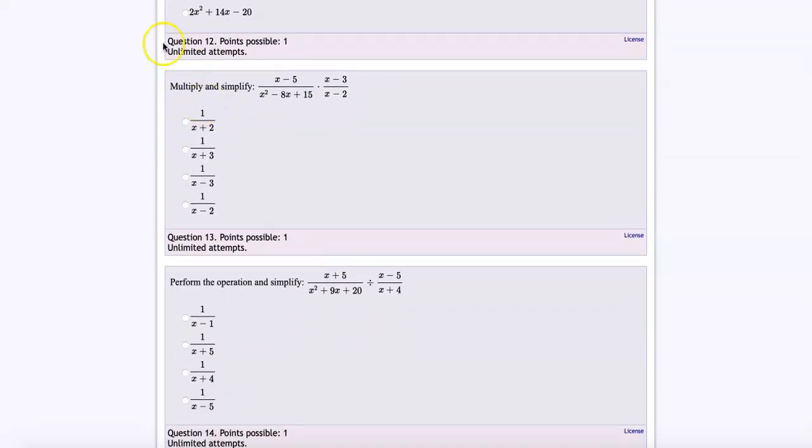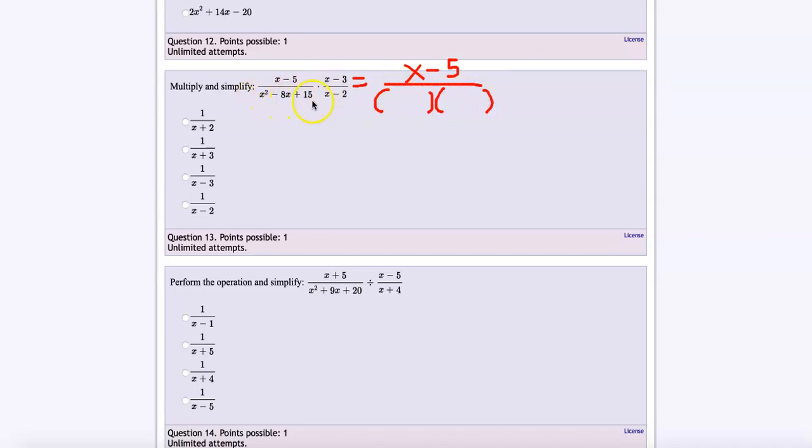Now these problems get a little harder. What we have in question number 13 is we need to factor. So what we're going to do is take this x minus 5 on top and copy it as is. For the denominator, we're going to factor x squared